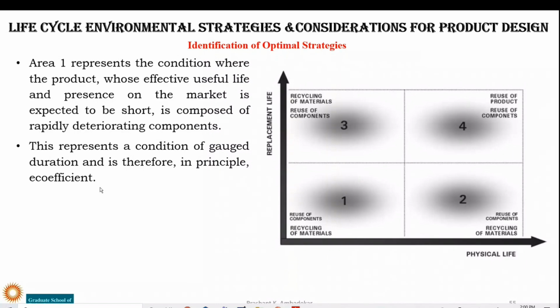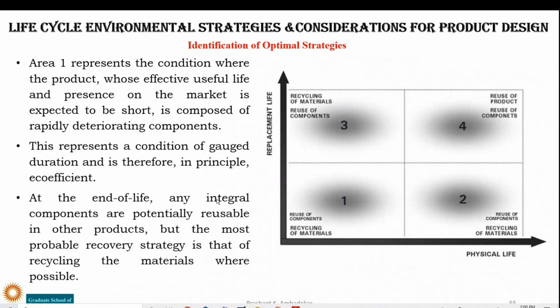It is a product which is efficient from the environmental point of view. At the end of life, any integral components are potentially reusable in other products, but the most probable recovery strategy is recycling the material where possible. See, what it is saying is that at the end of life, in this case, number one, any integral components are potentially reusable. Now if the toy has not deteriorated, if it is still good, then what can be done? Send it back